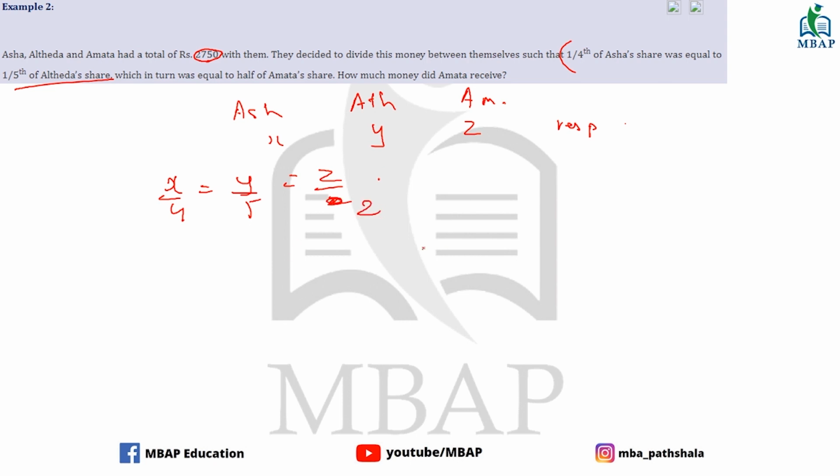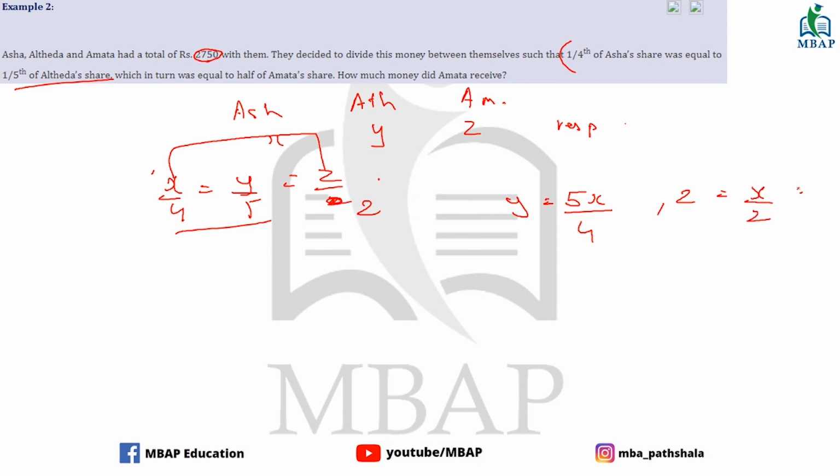Okay, now it will always be better to get all of this in one coefficient. So let's take these two first. I can get the value of y in terms of x, which is y is equal to 5x by 4 by cross multiplication. Same thing when I consider these two. Again I can do cross multiplication and get the value of z in terms of x,